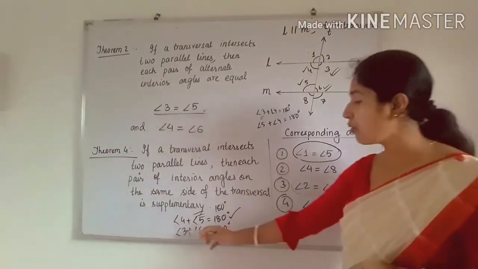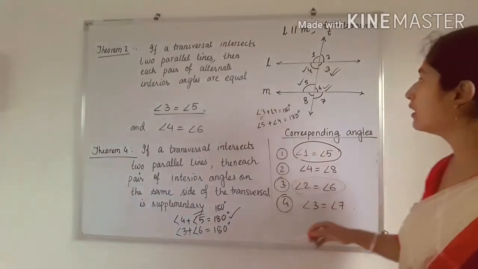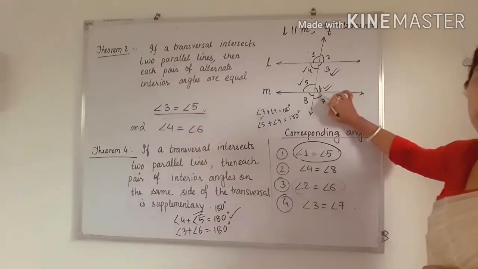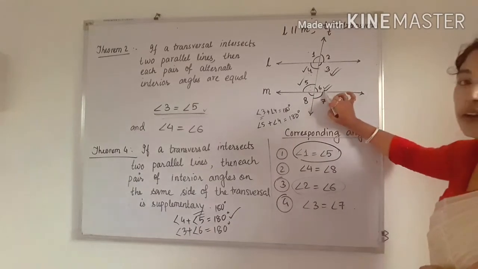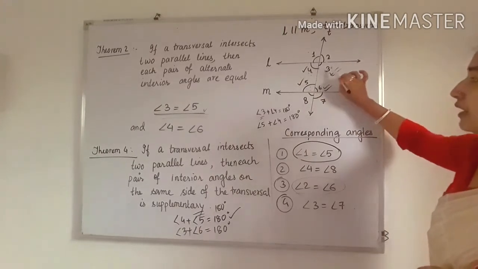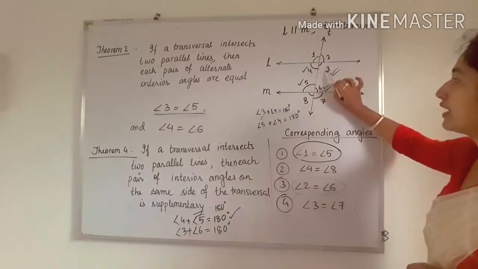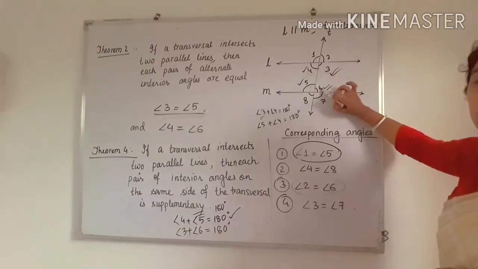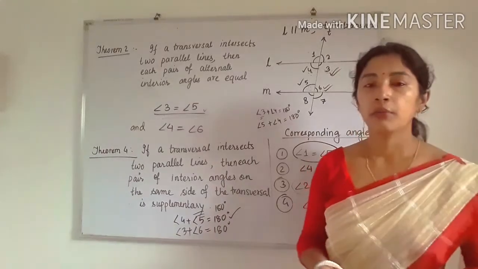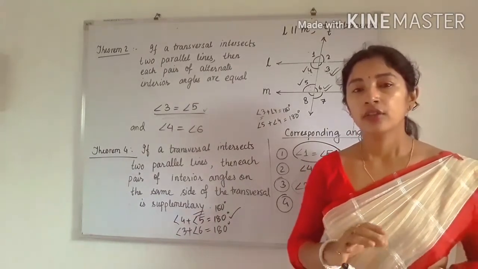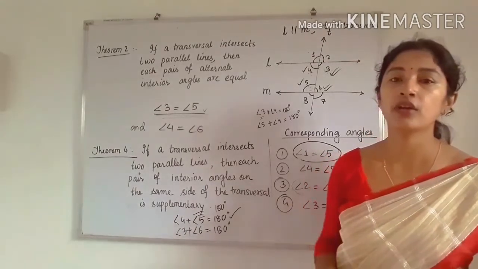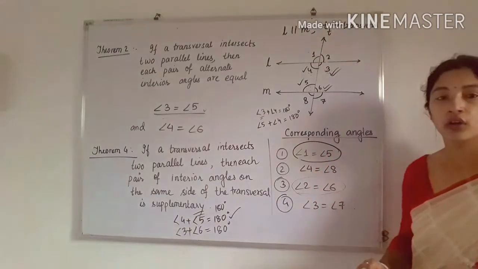Okay. Similarly, how is angle 3 plus angle 6 equal to 180 degrees? The same proof you can do. See here, angle 5 plus angle 6 will be equal to 180 degrees because they are forming a linear pair, and angle 5 is also equal to angle 3. Again, we can write angle 3 in place of angle 5. So by that way, angle 3 plus angle 6 will be 180 degrees. Okay. So we can do the proof. The proof is very easy. Okay. But you have to understand every theorem, every axiom. So try to remember and memorize it. Okay. These are very, very important. You have to remember it for solving the questions.